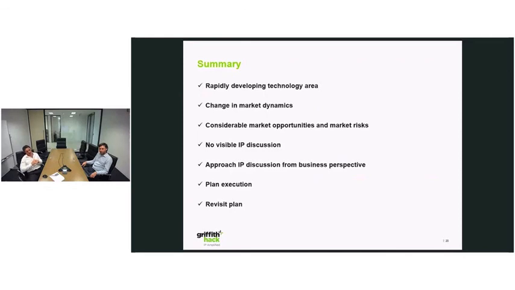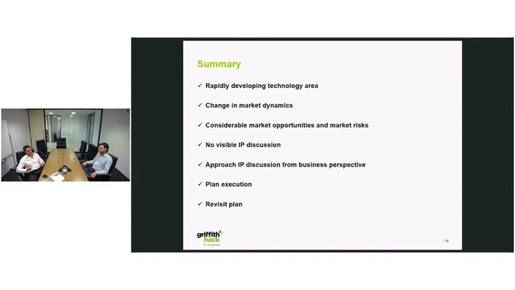This isn't a sales pitch for filing patents or for filing trademarks. This really is a driver to have the conversation around IP, to understand how you can use intellectual property to help you make the most of the opportunities that you've got and to mitigate your risks. And then once you've had that conversation and built your IP strategy, execute the plan, have a clear execution strategy, and make sure that plan gets revisited, because things change from time to time.